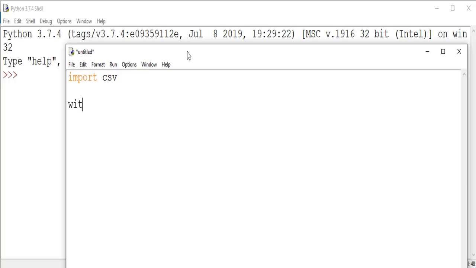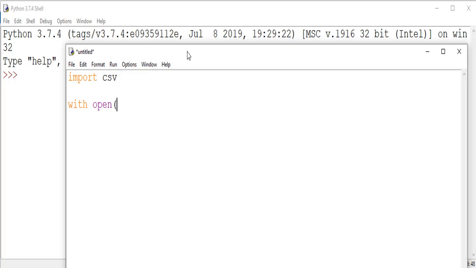Now with open, since we are not aware of the length of the file or the content of the file, there is an external operation available in Python called with. This helps us in running the program continuously when the set of numbers is not known to us.